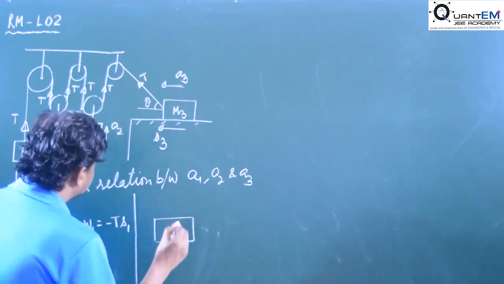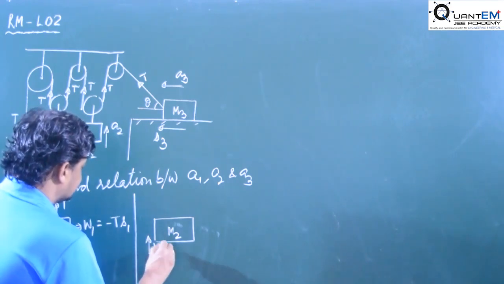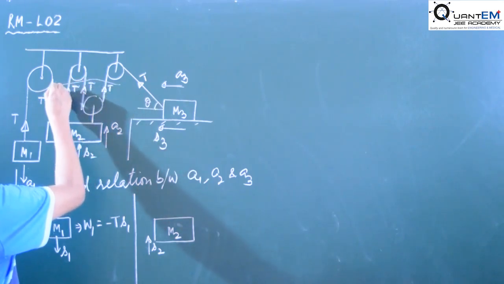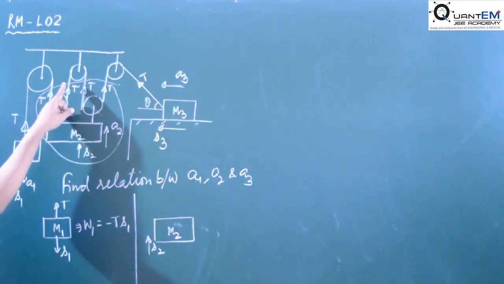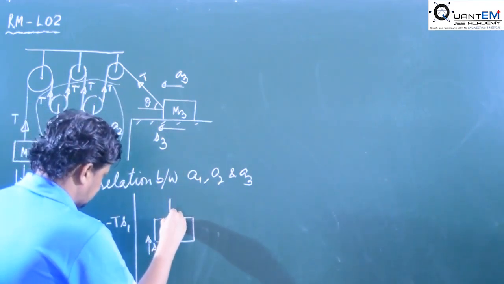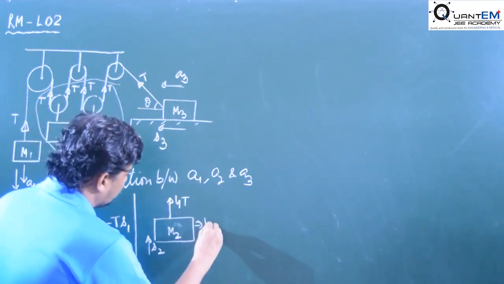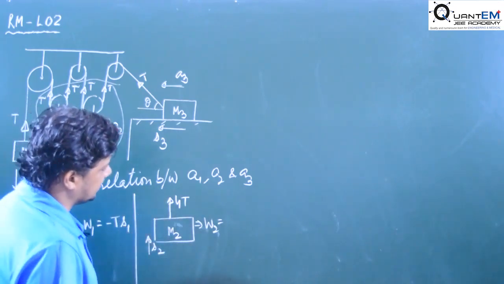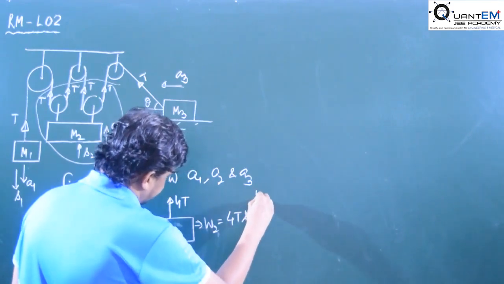So it is m2, displacement is in the upward direction, and see the tension in this part. T, T, T and T, this one is what? 40. So this tension in the upward direction is 40. So what is the amount of work done here? W2, that is force dot displacement. 40 and S2 are in the same direction, it is 40 S2.